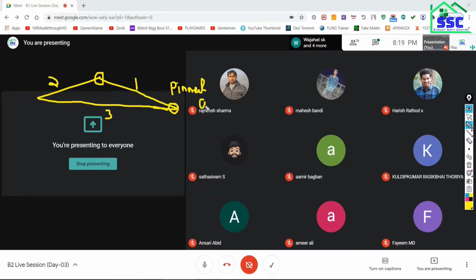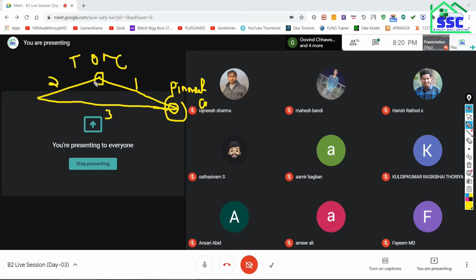What does a pinned connection mean? This joint will not carry any moment. There will be only translational reactions. Got it? So the first assumption is that all the members are subjected to only axial forces, tension or compression. The second is that all the members are connected at their ends only, and the end connection will be pinned. That means this joint will not carry any moment.